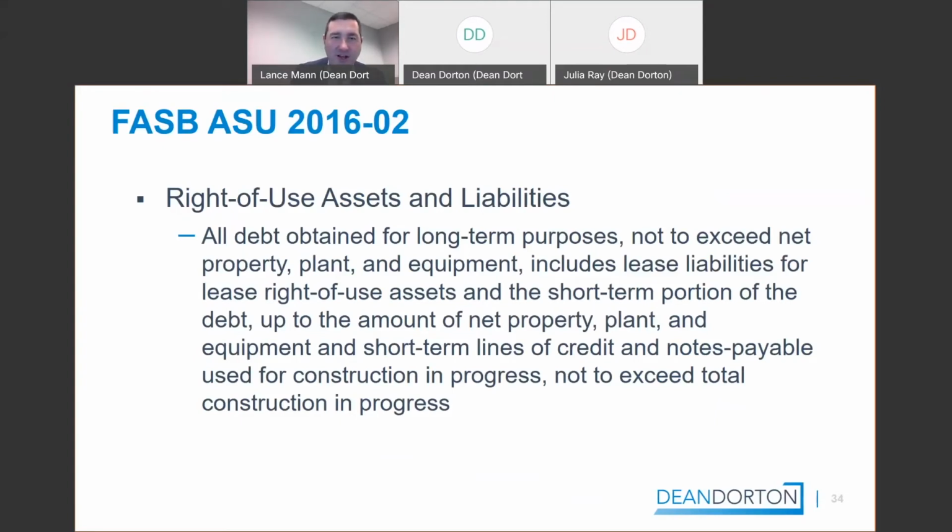Now we've got the conundrum of right-of-use assets and liabilities. Right now, the rules read that these should be included in your pre- and post-implementation PP&E and debt. I've got a slide later. I think you could show your right-of-use assets and liabilities separate from PP&E and debt and just treat them the same when you do your schedule. That'll be up to you and your audit firm.